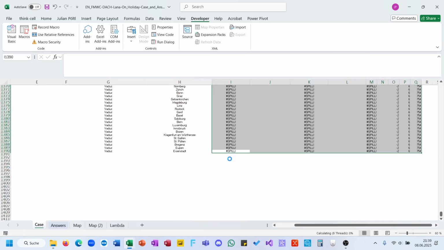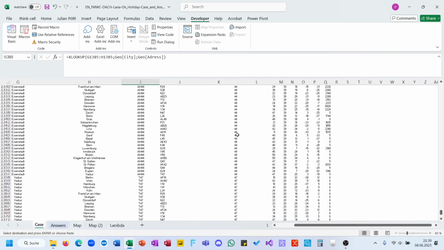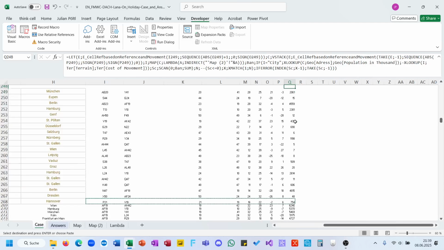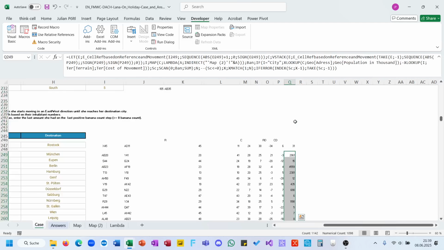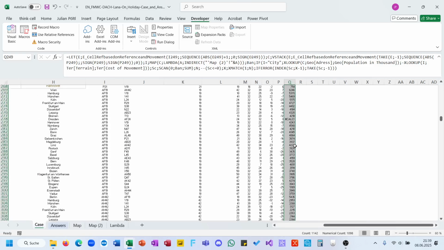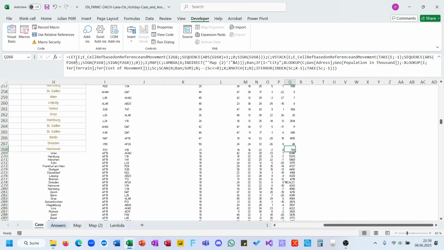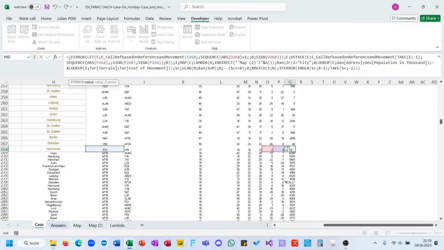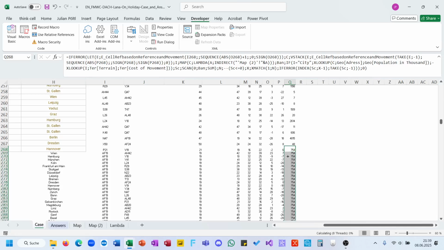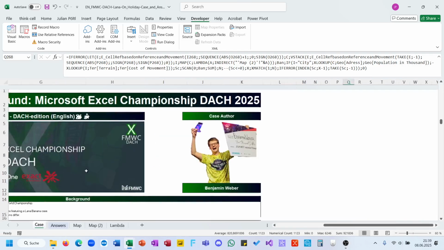2244. Let's calculate this. We get a lot of zeros there. But okay, we have some errors there. Oh yes, IFERROR 0. And the maximum is 6246,